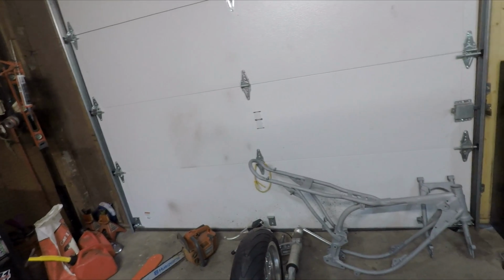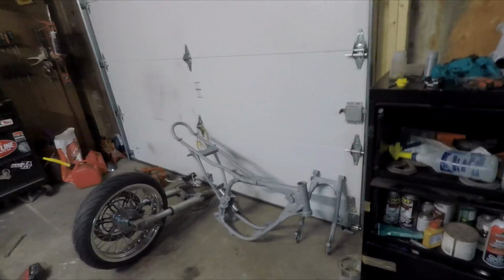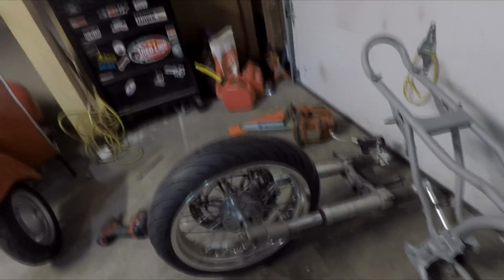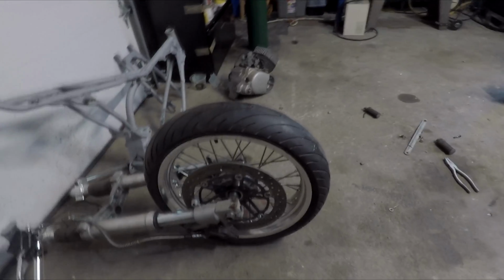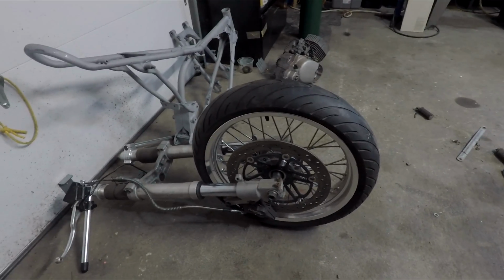I have some pretty neat ideas for this one. Going to be upgrading the suspension. I've already laced up a set of 17-inch wheels onto wide rims so I can run modern street bike rubber. Got rid of the drum brake on the front. That's a Honda CBR 1100XX rotor and a Suzuki Savage caliper,